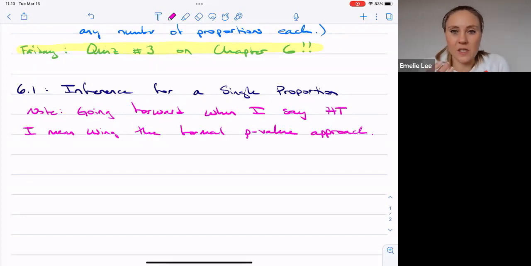Okay, you're still expected to understand the link between a confidence interval and the p-value approach, right? And you should be able to kind of answer questions in terms of the confidence interval, right? But when I say do a hypothesis test, I mean use the formal p-value approach. Okay, so